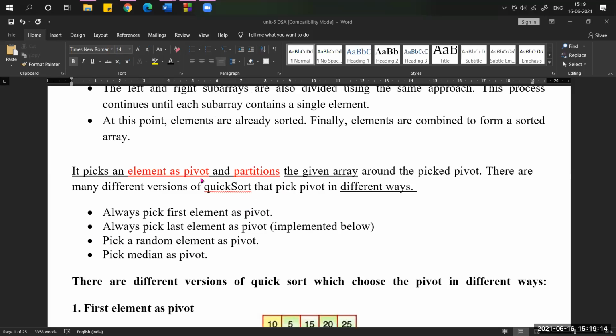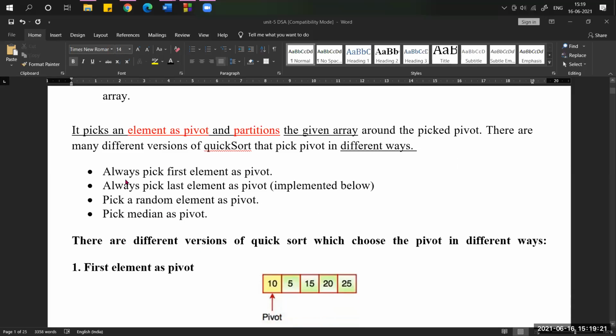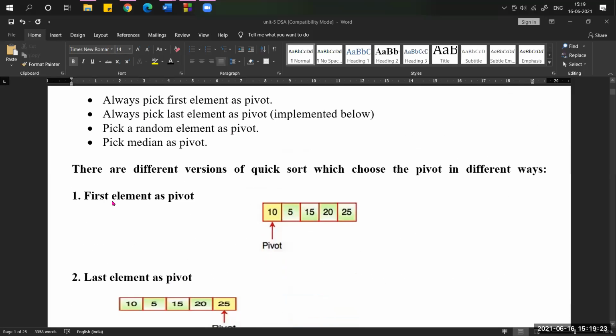Now what is meant by a pivot element? There are some ways to select the pivot. What is the first way? Look at this picture. First element as a pivot. Assume this is an array having 5 elements randomly. It means we have still not applied any quicksort, still not arranged the elements in an ordered way. It is an unsorted array.